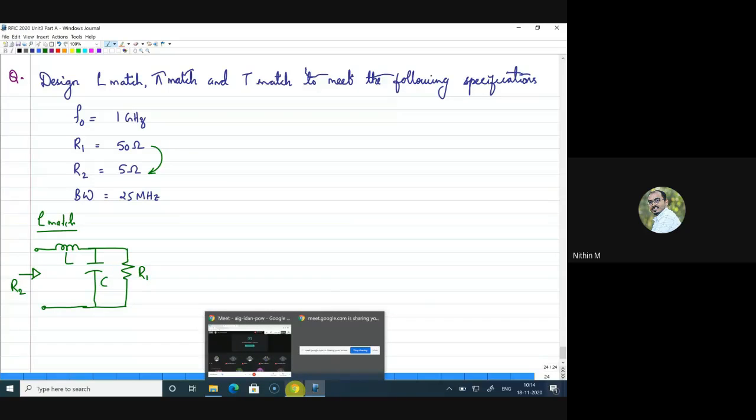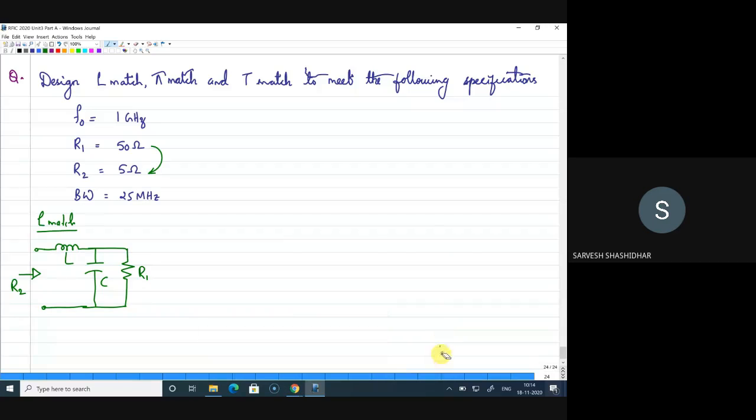Okay, I have answers here. Sarvesh, capacitance you have given as 9.55 pico. Yes, and inductance is 2.39 nano. Yes. Any other observation? Yeah, the values are correct. The Q value is much greater than 1, so we can use the approximate formula. The Qp value we got was 3, sir. So Qp squared will be much greater than 1, so we can use the approximate formula for the problem. All right, that is possible.